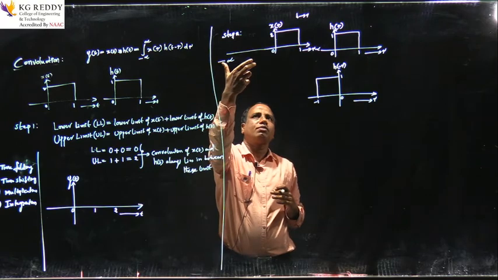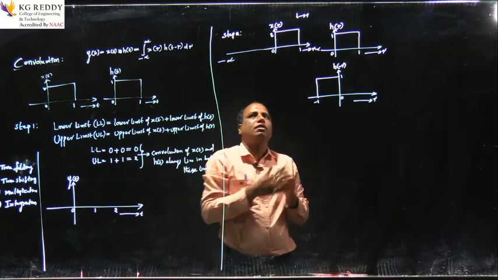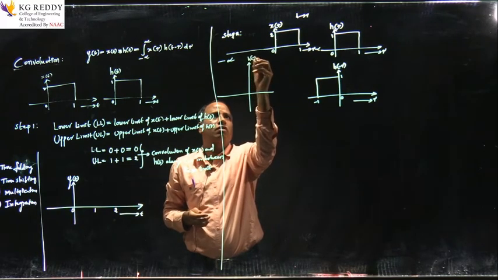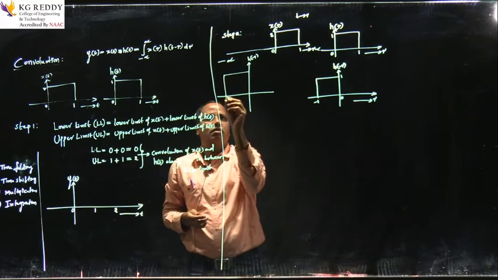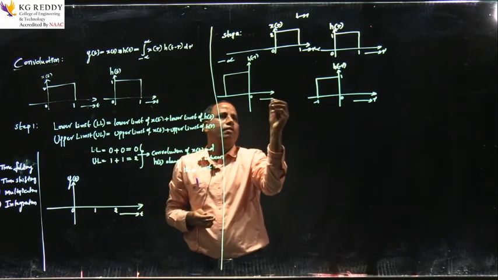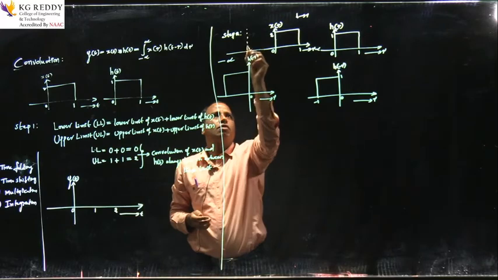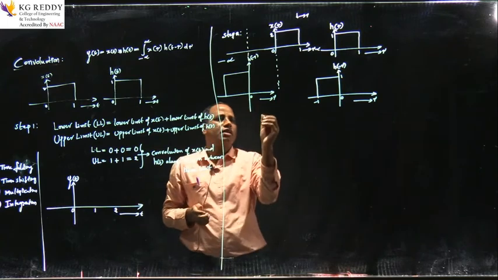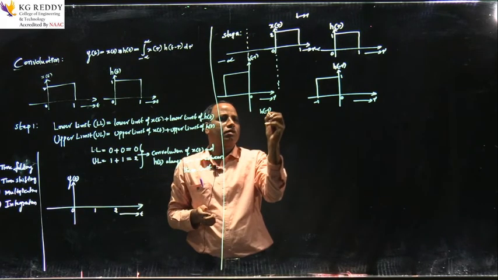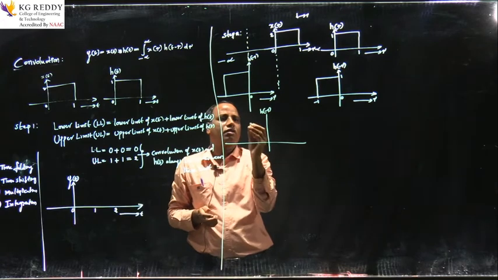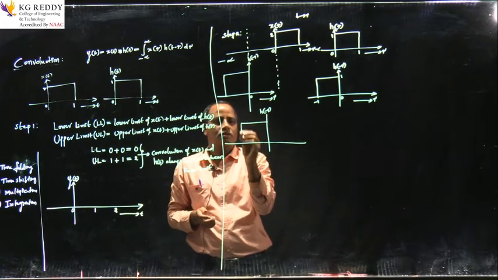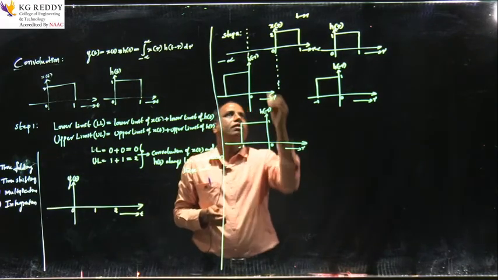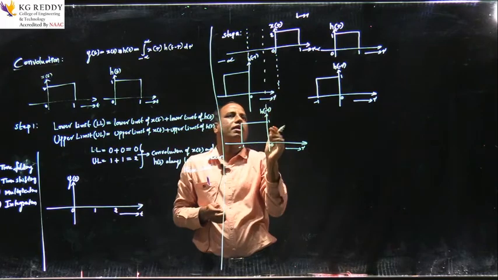If I slowly keep bringing the signal towards the right side, maybe the situation looks like somewhere here, this is h of minus tau. It looks like this. This is 0, tau. Now there is no common overlapping area here. Similarly, if I say h of minus tau for this situation, it looks like this, minus 1, 0. Still there is no common overlapping area.